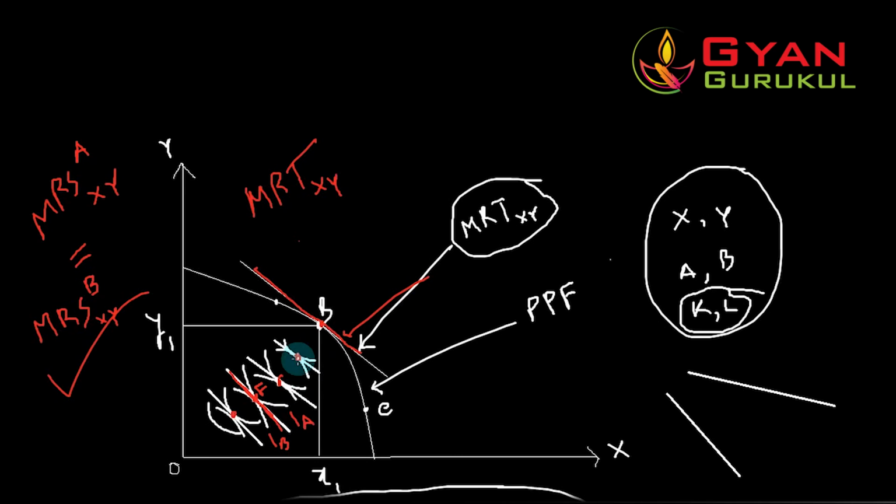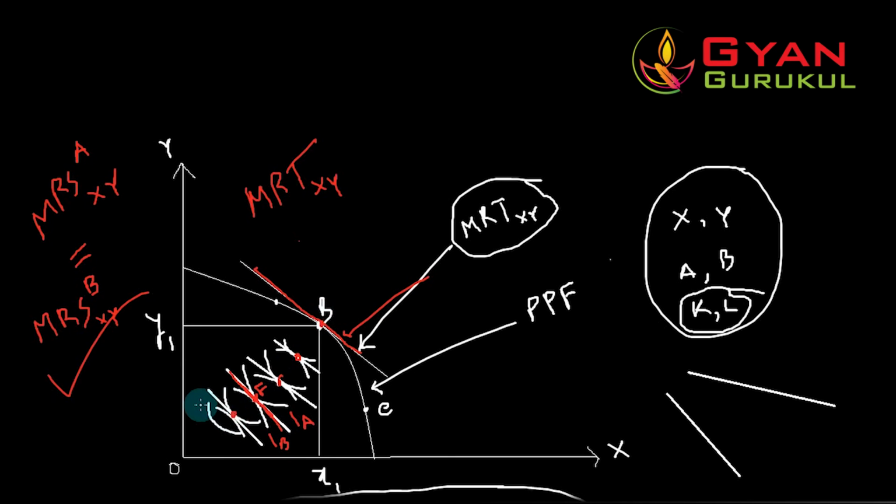Why not fulfilled? See, here the curve looks more flatter than this curve, or in some other points the slope is more steeper than this slope. So the second criteria, that the slope at this point and the tangency point should be equal or similar, is not fulfilled in other points. That is why they are not the point of equilibrium. Only this is the point of equilibrium.